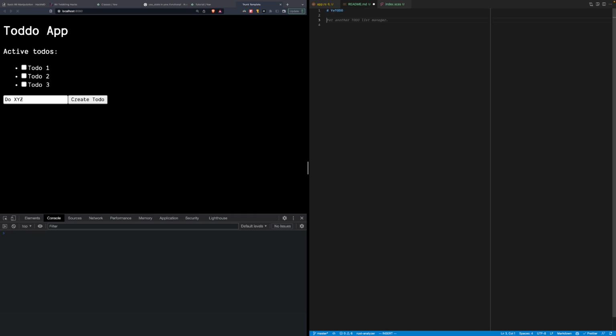So things to do. First of all, we're going to have CRUD operations on to-dos. This is something we need to finish.